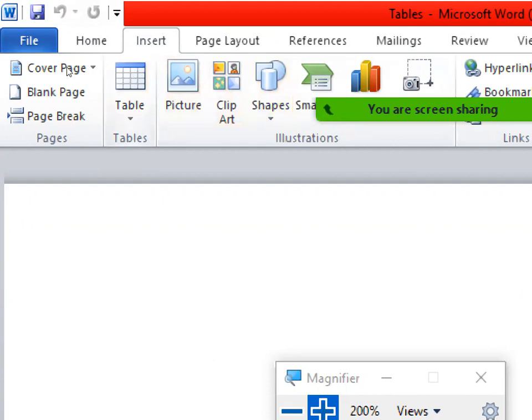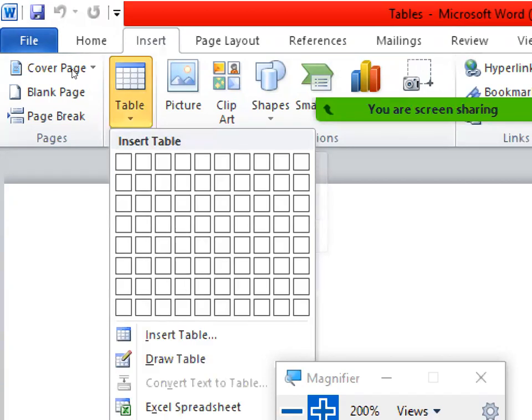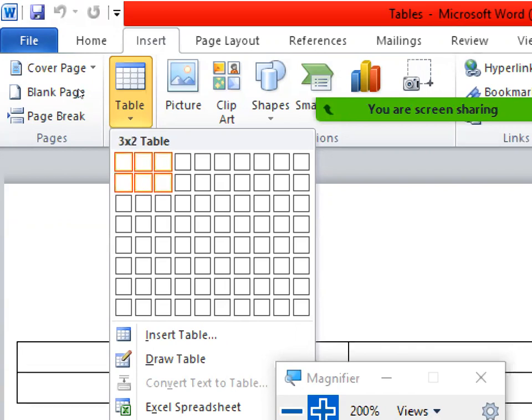So first thing what you need to do is go to the insert tab, and here we have something called as tables. This group is tables, so you need to click on this. Now when I want to include a table, there are different rows and columns. That is what we call a table. So to insert that, this indicates that I have 5 columns and 1 row. So like that, you can have a number of rows and columns.